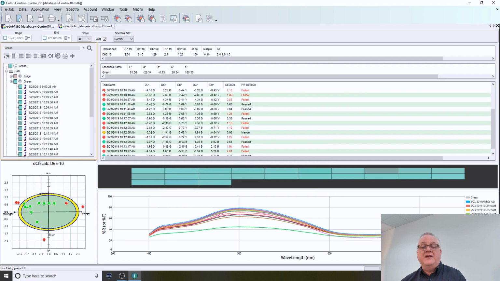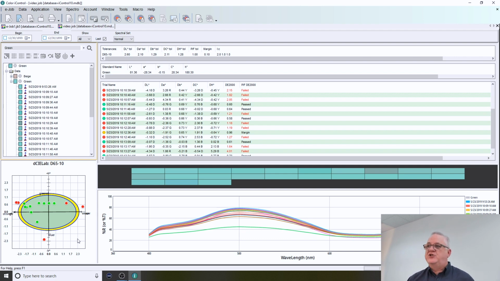So again, we can see the indications by the color of the dots, by the words over here. We have other ways we're displaying those measurements, visual representation, reflectance curves. Those are useful, but not necessarily when we're evaluating a tolerance. But when we come over here to the scatter plot, it can be very useful. And so I can see the green dots and the red dots. I can see the green area of my tolerance. I can see the yellow area of my tolerance. And of course, anything outside of that is red.